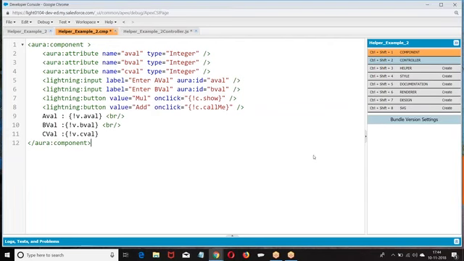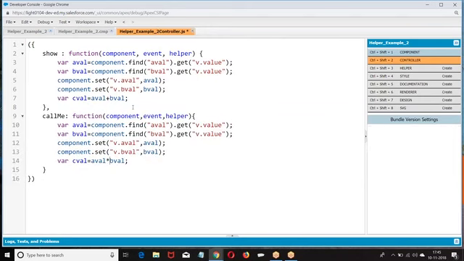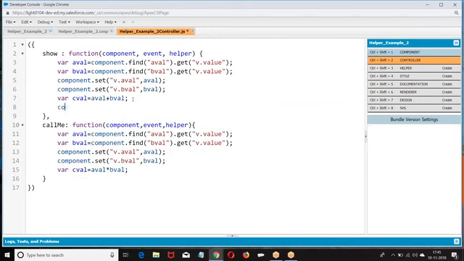Right, sorry. Okay, now what was this? A value, B value, C value, reading the value and setting the value. Same thing I am handling here. We found out the total, and I am saying component.set.